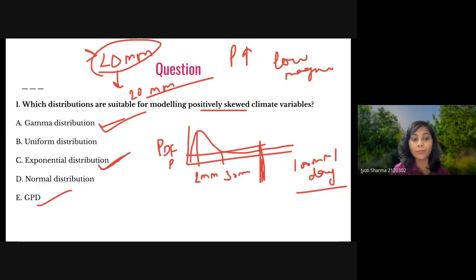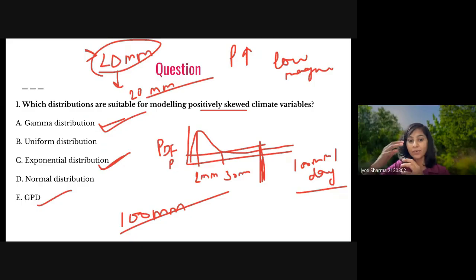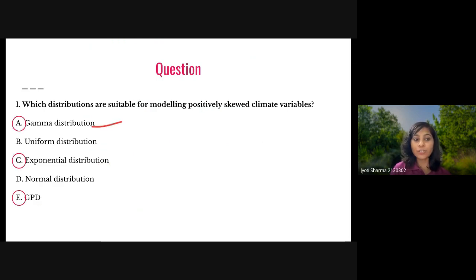Then we have generalized Pareto. Pareto is, if let's say threshold is 100 mm, then how many days we can have rainfall more than our threshold? So such kind of answer we can get from generalized Pareto distribution. But again, it is taking the rainfall data set. So this itself is the positively skewed one. So what I'm saying is that the gamma distribution, exponential distribution, and generalized Pareto distribution are used for positively skewed